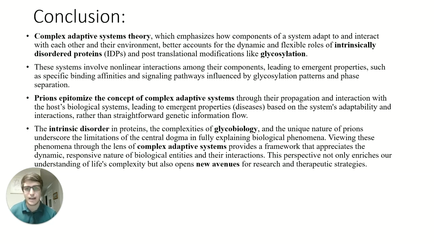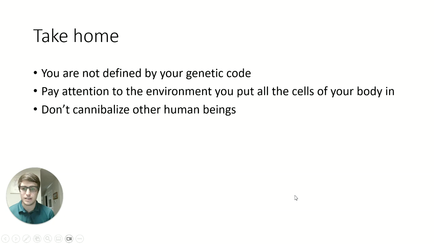So understanding how these proteins function, I think, is vital for future research. So the take home of this is you are not defined by your genetics. The environment that you put your cells in will actually dictate the genes that your DNA is going to express. And this doesn't just have to be an extreme case like